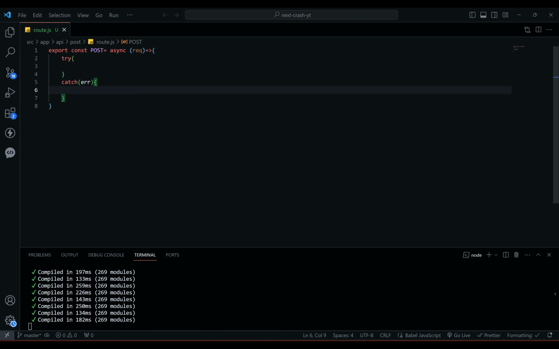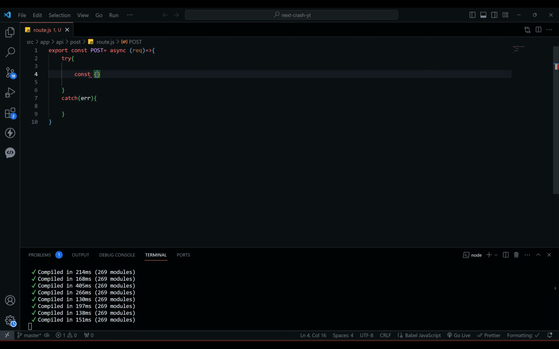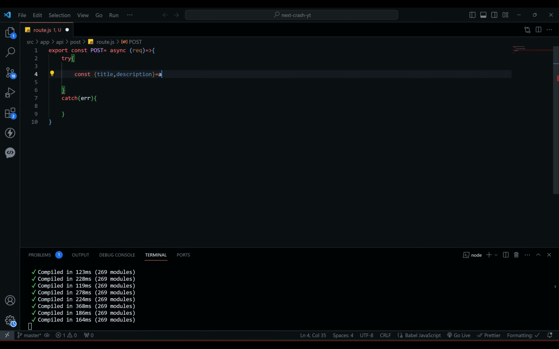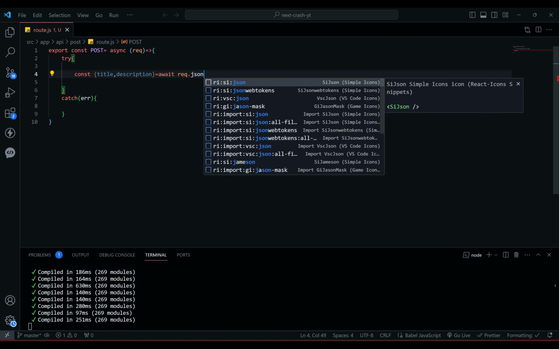Error. Okay, now we have to take whatever data is coming from our client side. So for that, let's destructure title and description from that data. Await request.json,